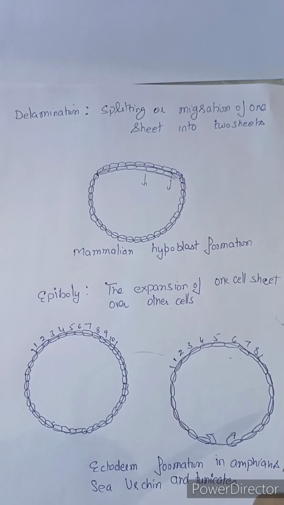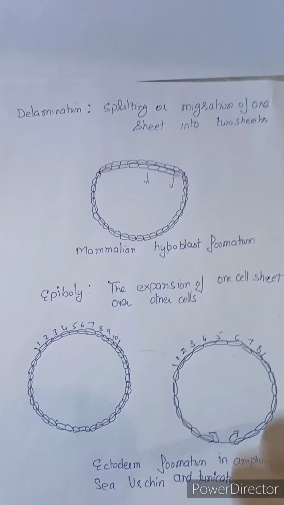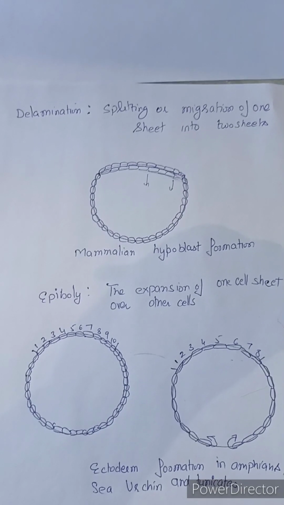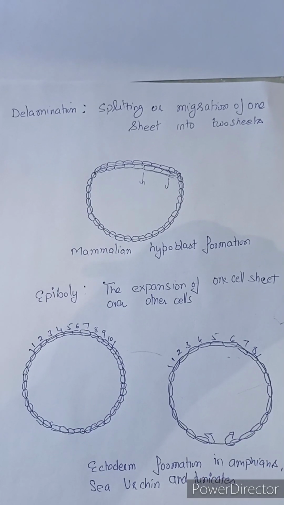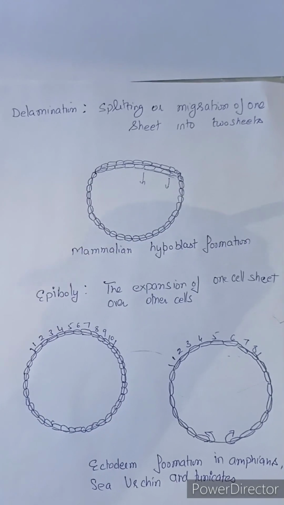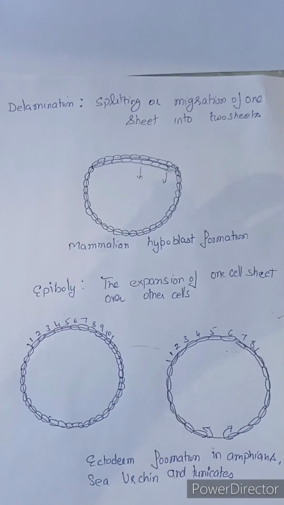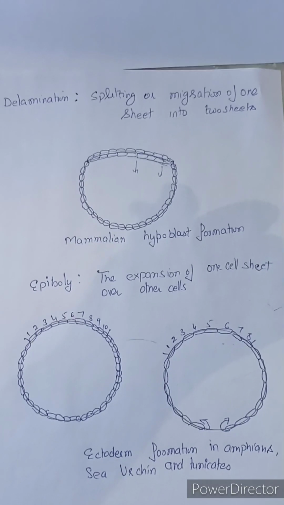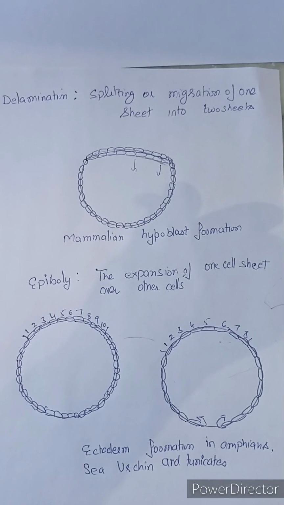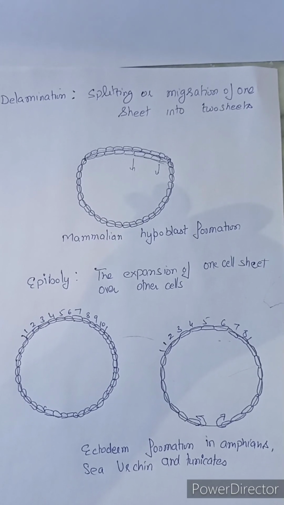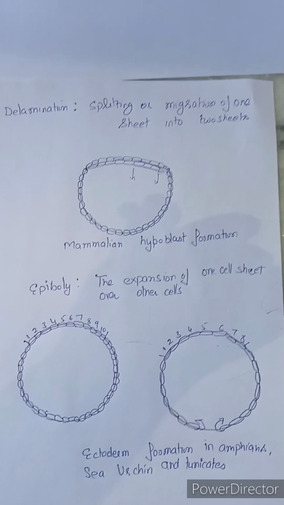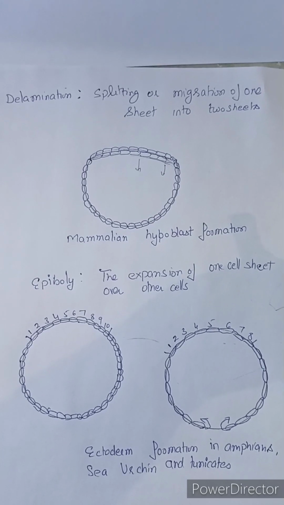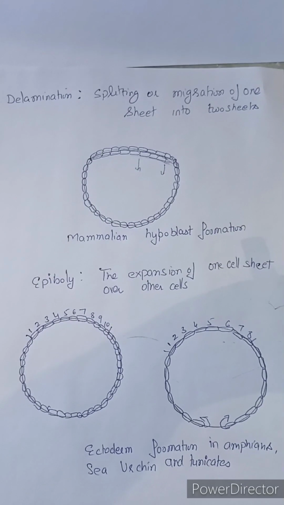Invagination, which is enfolding. Involution, here cells move in between the outer layer and the inner layer. In delamination, it is separation of the complete layers. In epiboly, cells just become thin and flat or comparatively move. Cell expansion of one cell sheet occurs over the other, and this kind of cell movement, epiboly, is shown during the ectoderm formation in the case of amphibians, and in sea urchin, and in the case of tunicates, for example Herdmania, right? So these are some of the cell movements which actually occur during the gastrulation event.